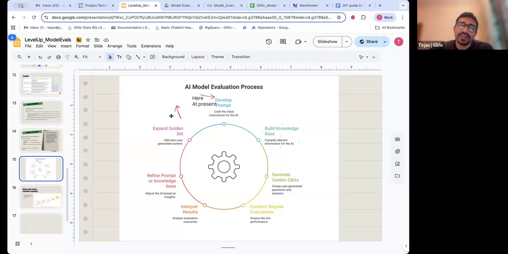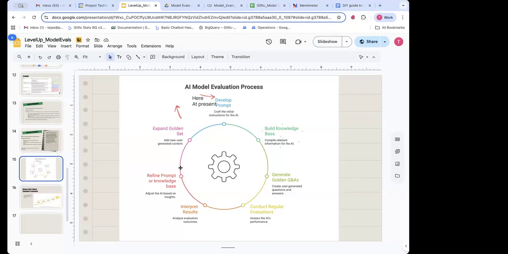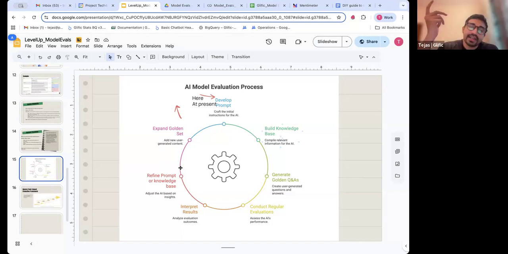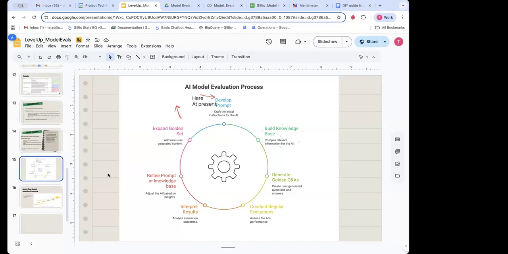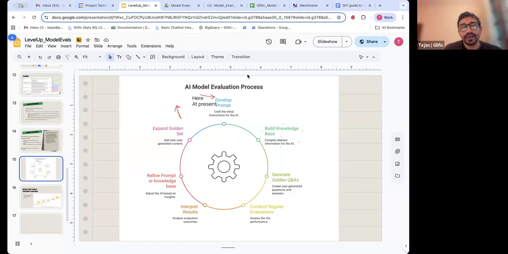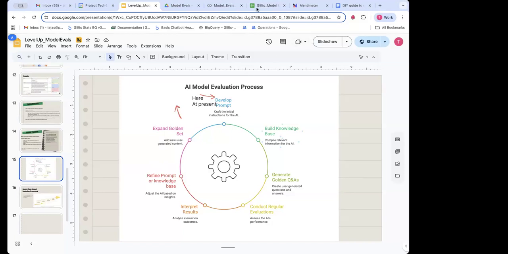That's the ideal situation: once you launch it with users, you expand your golden set, because that's when you get a sense of what the actual users are asking, and then you have an ideal answer for that. So it needs to be expanded; periodic reviews and expansion should ideally be there in the golden set. Okay, thank you. Yeah, sure.